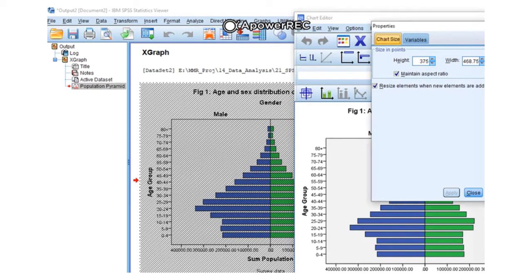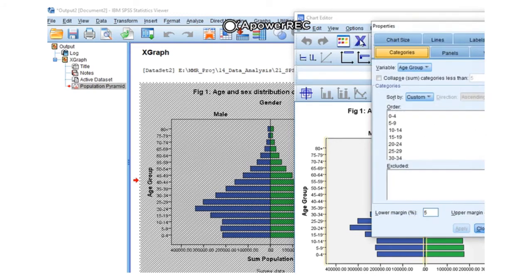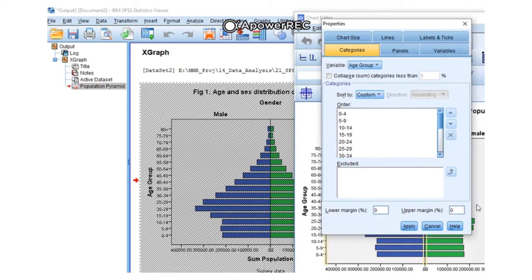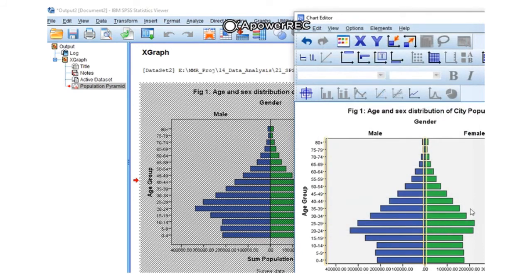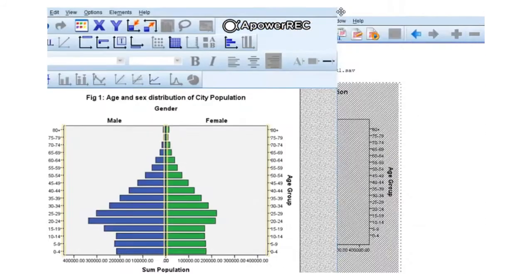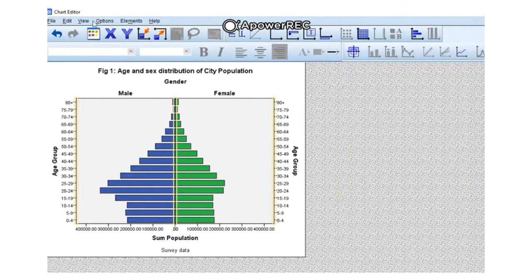Therefore, go to the x-axis, and here you make a 0, and you make a 0, so that there will not be any gap between x and y axis. Say apply, and then close it here and see the graph. The graph will be perfect here, and then say OK.